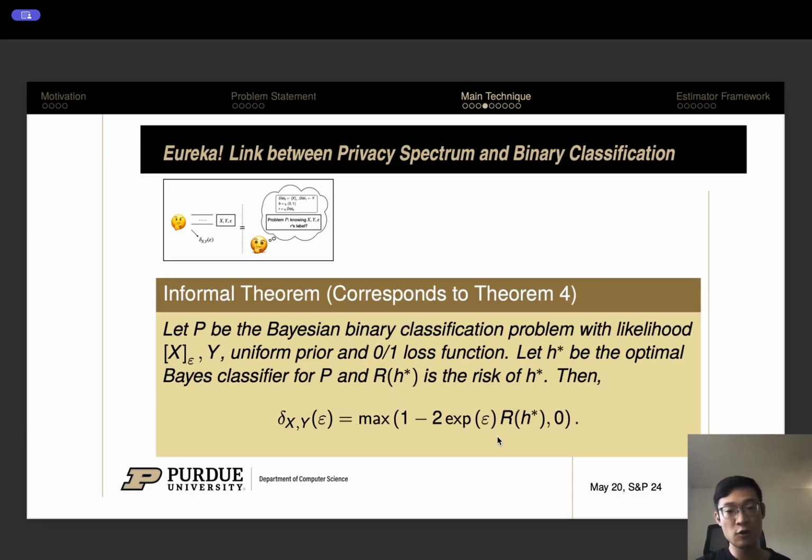We chopped down our main theorem and present an informal version here. Basically, it says: let P be the Bayesian binary classification problem, the one we described in the figure before. And let A star be the optimal Bayes classifier for P. That is how we formally capture the best algorithm for solving problem P. And R of A star is the risk of A star, that is the error